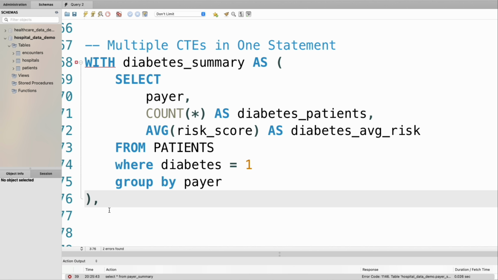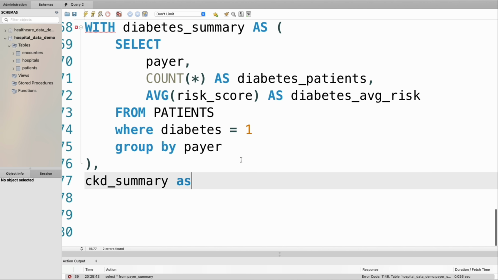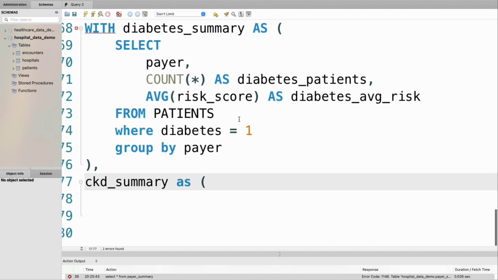And that comma is important because it tells SQL that I'm defining another CTE in that statement. And so now I'm going to start working on my second CTE, and this time we're going to call this one CKD summary. So let's call it CKD summary, and then of course an AS right there, open parentheses,